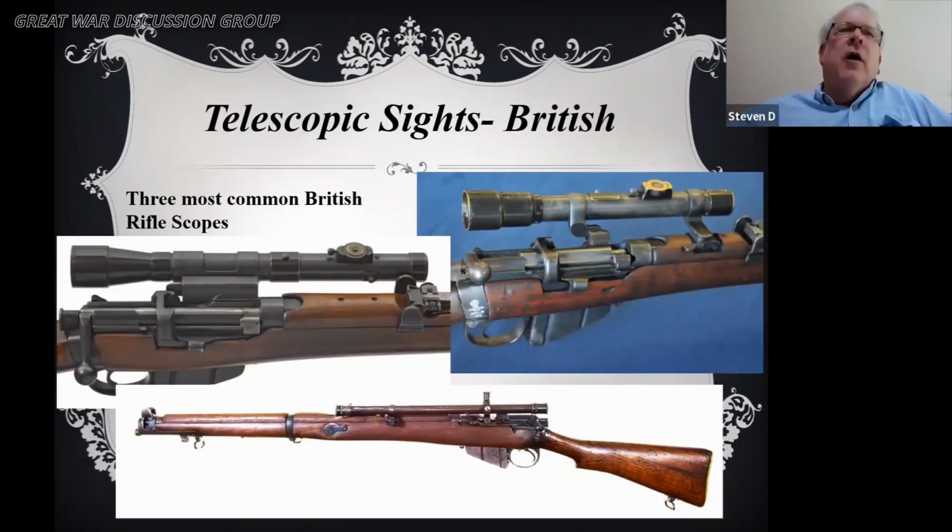Now, these were the 3 most common British rifle scopes that were used. And what I spoke of earlier, that the British Ordnance said that the rifle had to be always able to use the iron sights, caused the rifle scope to always be offset from the rifle. Now, each one of these scopes would be mated to the rifle. It would only work with that specific rifle. And the problem is that the individual had to shoot with his left eye, because of the way it was offset, or get into a very odd hip-hugging solution to get his eye over the rifle